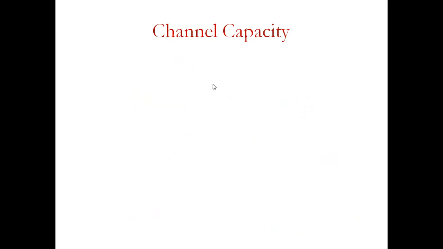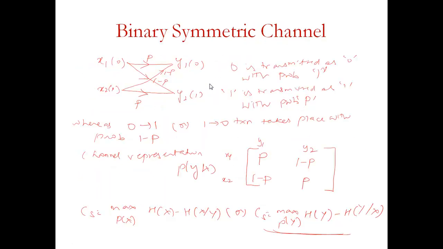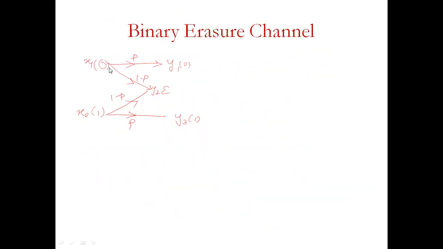So with some probabilities, whereas the difference with the symmetric channel is that in the erasure channel, 0 is either transmitted correctly or it gets erased. It will not do any wrong transmission. So 0 is either transmitted as 0. Similarly 1 is either transmitted as 1 with the probability of p, or it is getting erased in the channel with the probability of 1 minus p. So now this is what you need to understand. Let me write it here. 0 is transmitted as 0 with probability p, and 1 is transmitted as 1 with probability p,